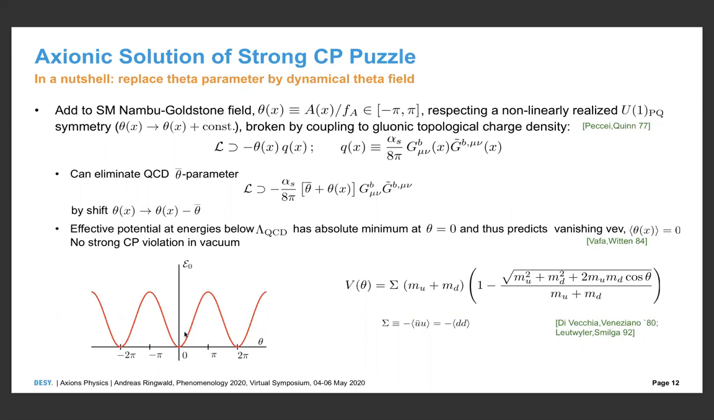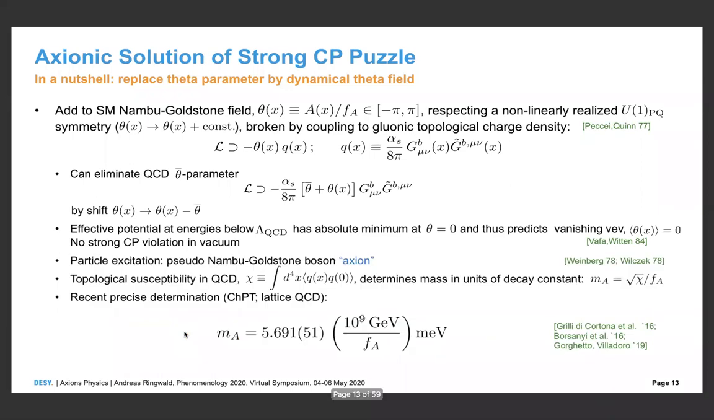And of course, around the curvature of this minimum there will be a particle excitation, and this particle excitation has been dubbed the Axion. It's a pseudo Nambu-Goldstone boson because, of course, there is a second derivative, so it has a mass. Around it, the mass is given by the topological QCD